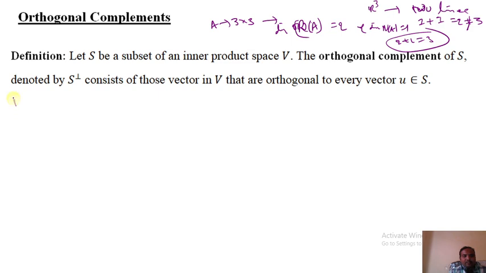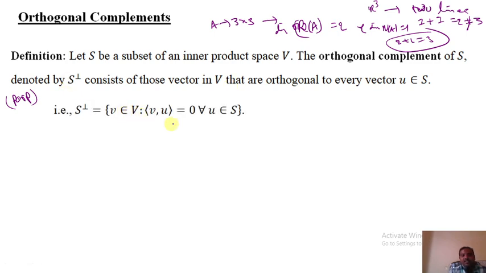This S perp consists of those vectors in V that are orthogonal to every vector u belonging to S. What are the vectors in S perp? The vectors that are orthogonal to every vector in V. That means S perp equals the set of v belonging to V such that